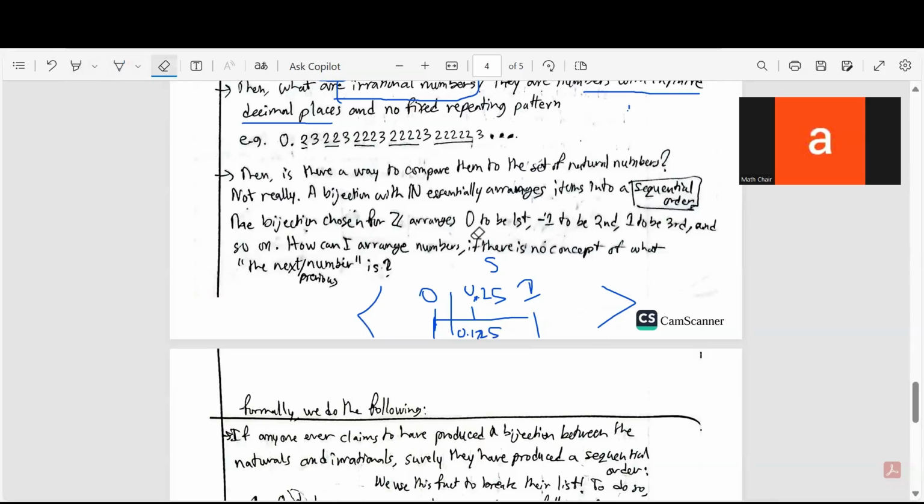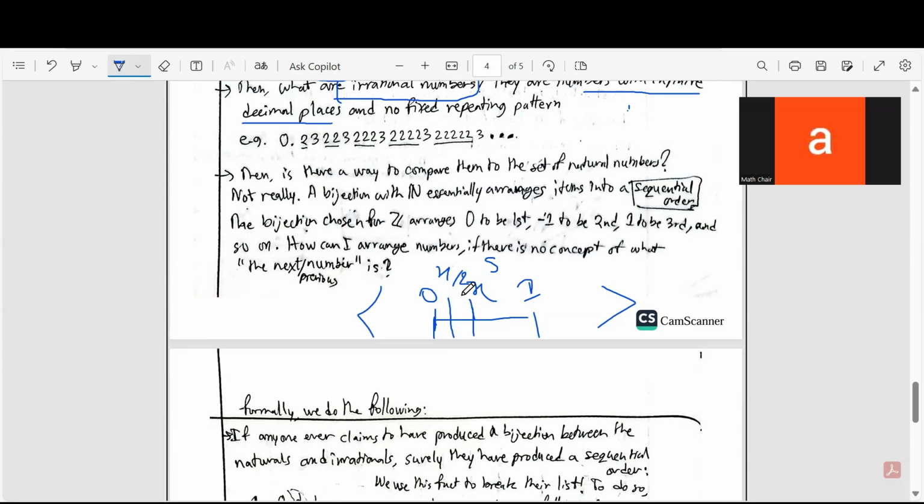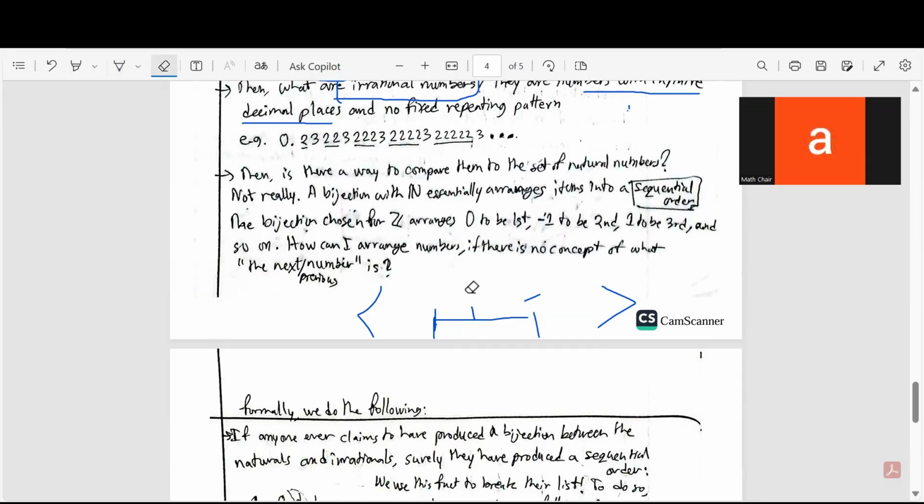For any number that you throw at me as a challenge, I'm going to have it and it's going to fall in between. Like, here's your challenge, X, here's 0, and here's my response to you, which is X by 2. X by 2 will always fall in between 0 and X. So no matter what number you throw at me as a challenge, I can always find a number that you missed. So basically, there is no notion of what the next number is. Literally none. We can't find the next number.